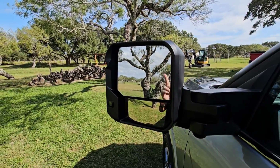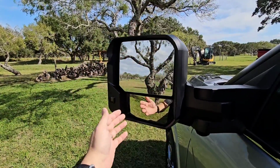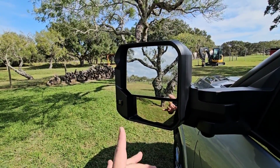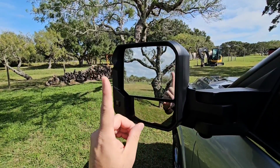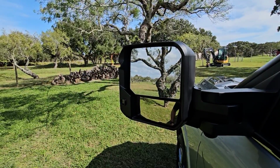Absolutely love the tow mirror. Yes, I do have it pushed out a little bit, but that is really, really nice. I love the main mirror and the convex mirror down here. Plus, you have some spotlighting on the side of it as well. These are power deploying mirrors, which means they will fold in or fold out, and they're power extending mirrors. So if you're going to be towing, this mirror assembly actually can extend out into a towing mode, which is